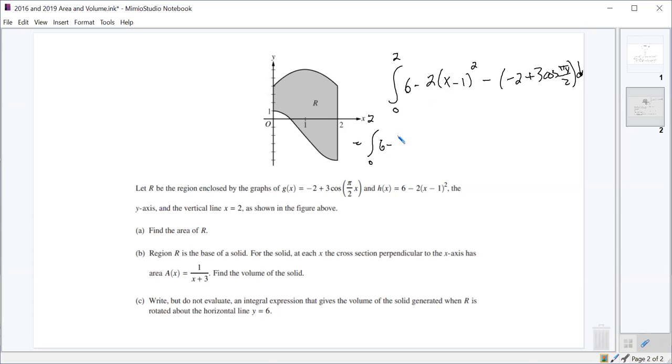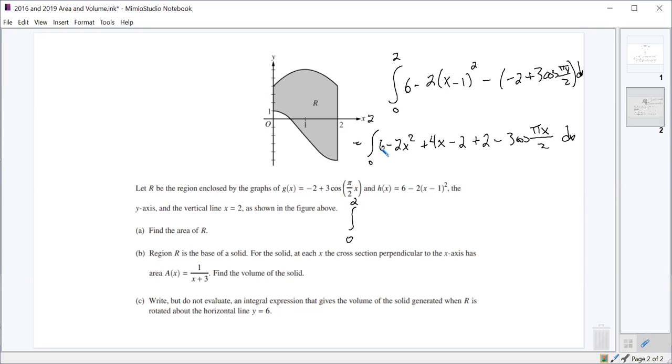It's going to start off with an x squared, so that's going to be 6 minus 2x squared. It's going to have a minus 2x, which should become a plus 4x. And it's going to have a plus 1, which will become a minus 2. We'll combine some more of that together in a second. This minus negative 2 should become a plus 2. And then we got a minus 3 cosine(pi x over 2) dx,